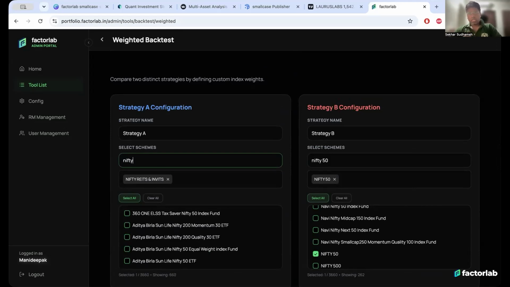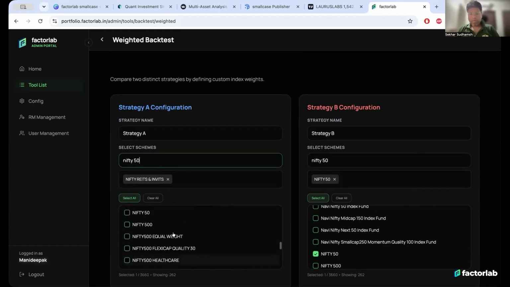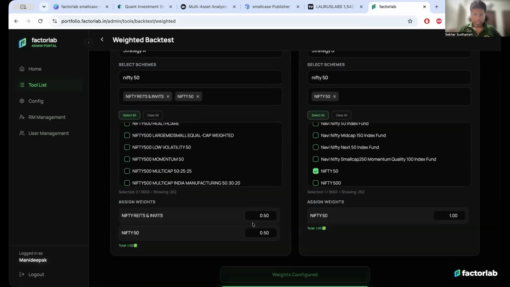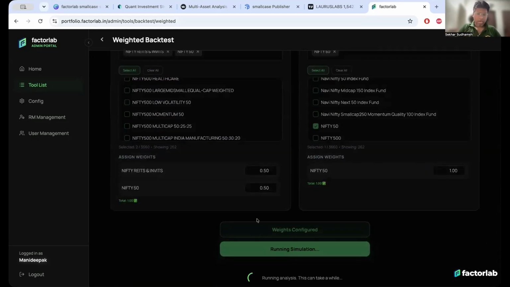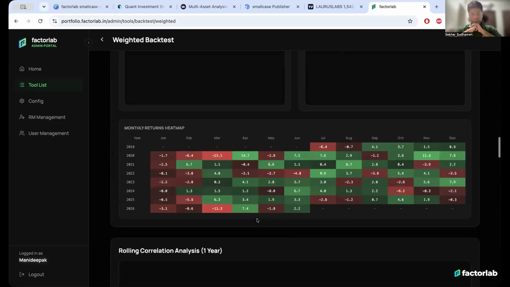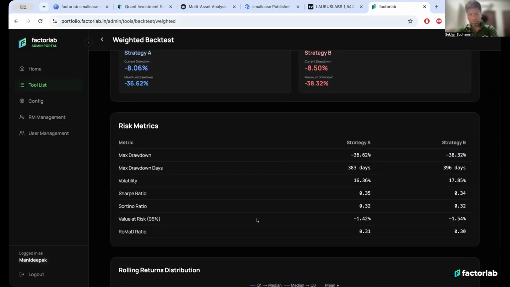Now, the reason why you saw a sudden drop in correlation of REITs post 2021 is that the Nifty REITs index actually is day by day becoming much more structured. New REITs are getting added. So earlier there were only two REITs, Mindspace, and there was one InvIT of IRB. Now there are more than 11 or 12 InvITs and REITs, and this index is getting stabilized more and more as we speak. And hence that is causing very low correlation going forward with the Nifty 50 index. We'll check the NAV to show how smooth the strategy has become.